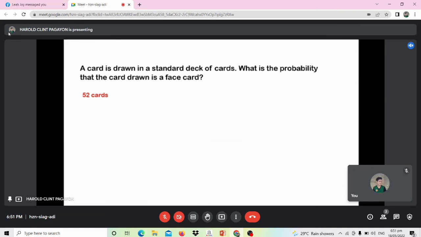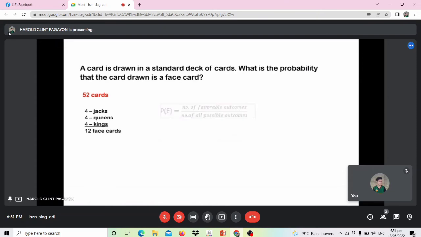But there are 4 types of cards, right? We have the hearts, the diamonds, the clubs, and the spades. So in Jack there are 4, in Queens there are 4 also, and also with the Kings. So there are a total of 12 face cards, and that's what we are going to use to substitute in our